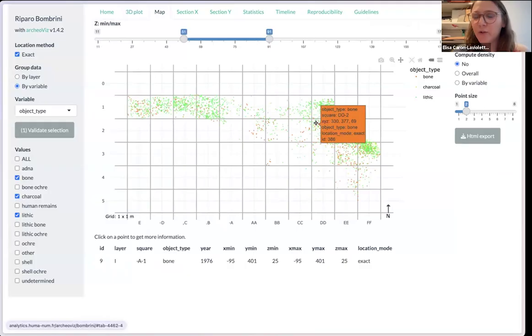You can also do just 2D maps as well as,